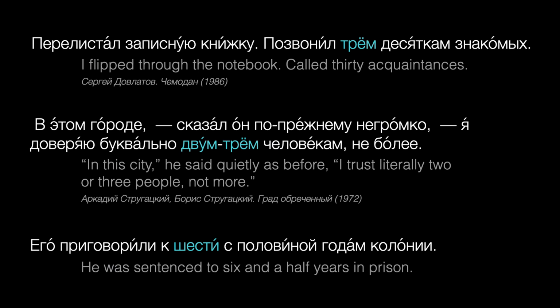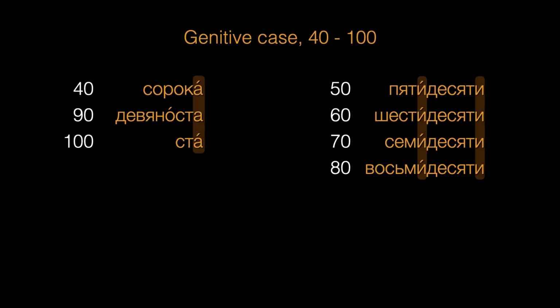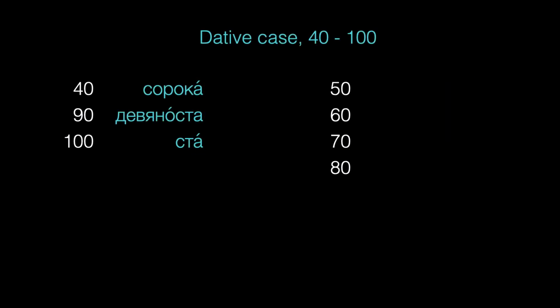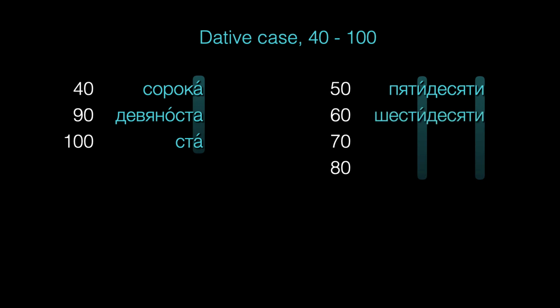And even though you may not need to use the higher numbers in other cases quite as often, it's good to recognize them. And here, if you know the genitive forms, you already know the dative forms. 40, 90, 100 all take a in the dative. And for 50, you'll hear 50. Notice how this is a compound made from 5 and 10, so we're really just putting together the dative forms 50 and 10. And we'll follow that pattern through 80, 60, 70, 80.